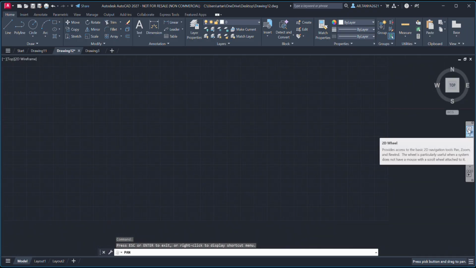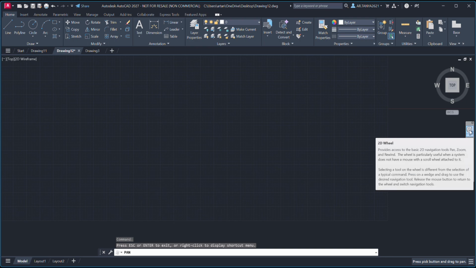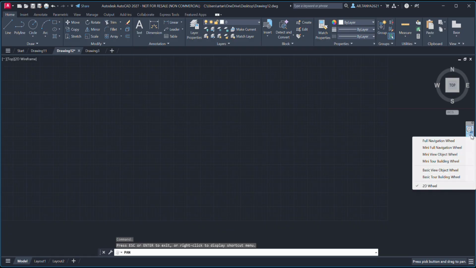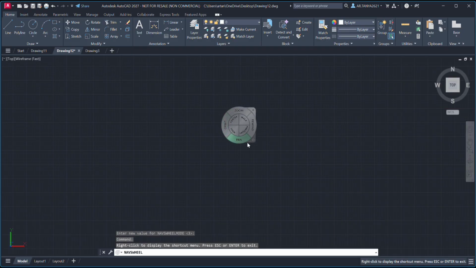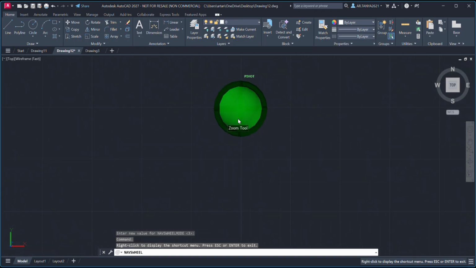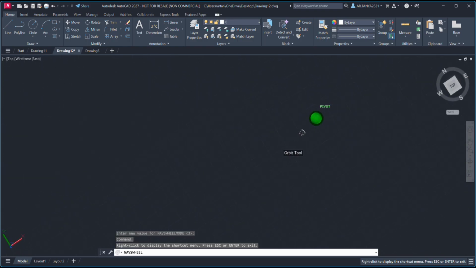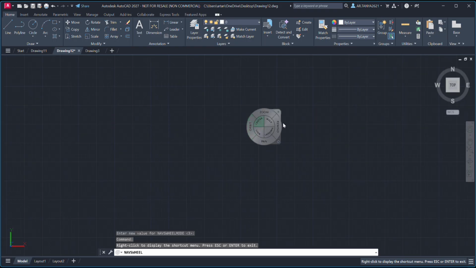This is our 2D wheel. This is basically for accessing. If I want a full navigation wheel, there are a number of options I can use. Zoom in, zoom out. Then pan, I can also do it from here. This is for 3D basically, and this is rewind, orbit. I can get the orbit.